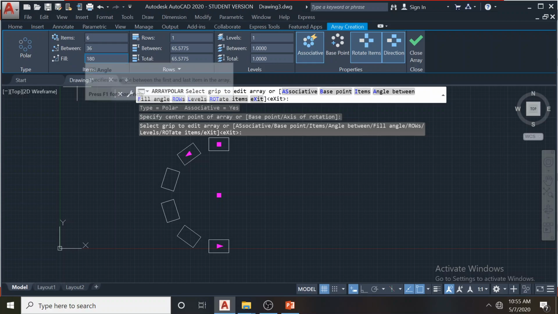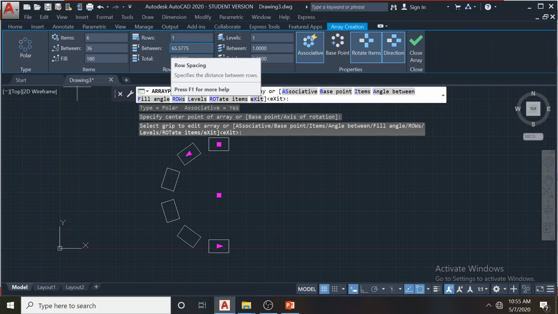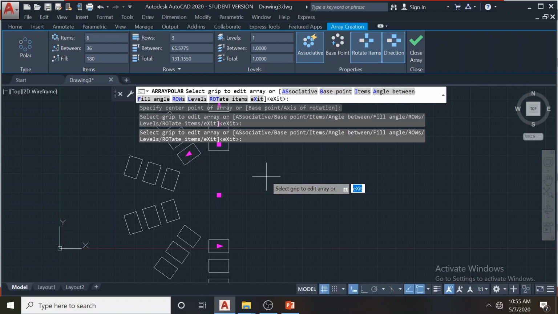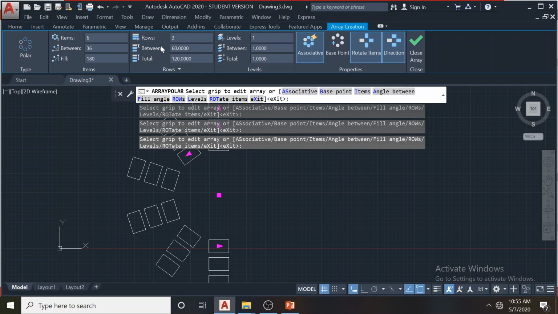Just select less than 360 degrees. And if you want to have some rows, a row can be generated. Between the rows I can change the gap, and I can have levels like 3D, and it says associative.